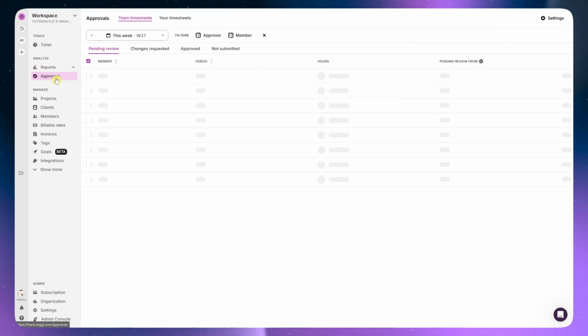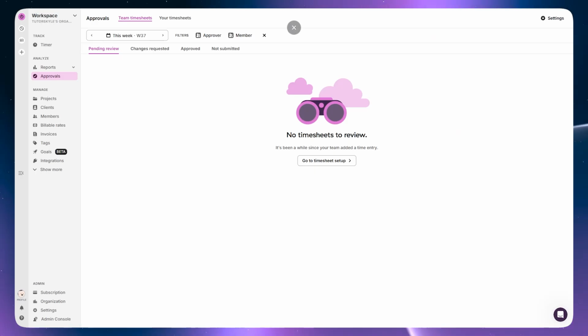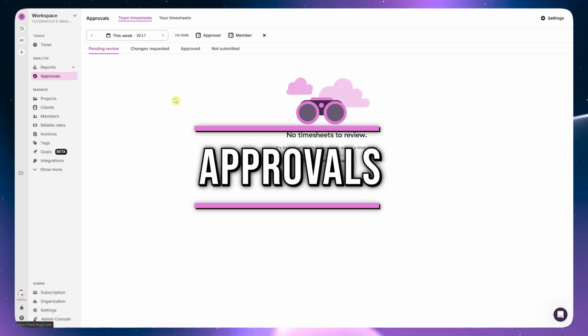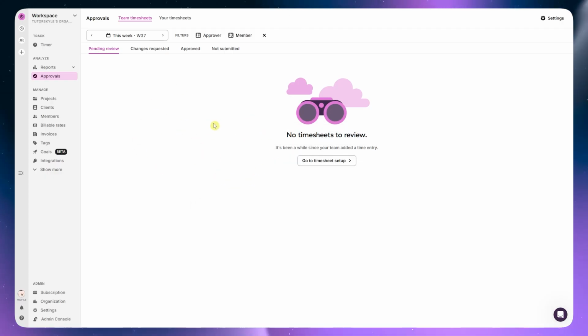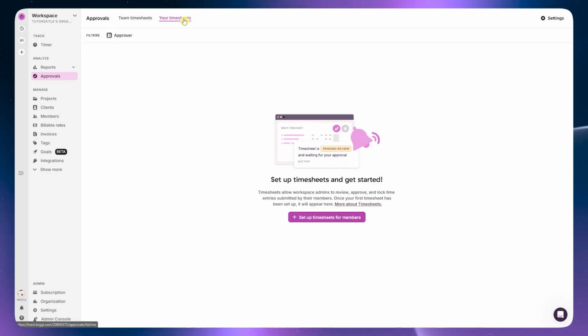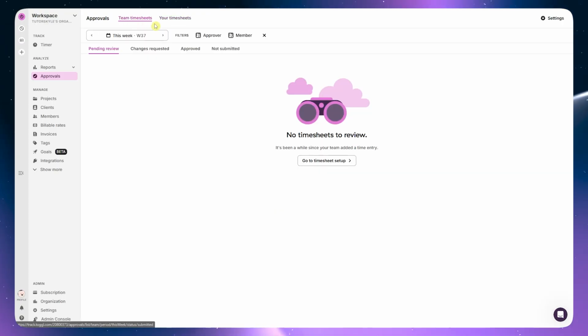And next is that we have the approvals. So in here, we have team timesheets. This one is only for managers, as this is where they would be approving or declining the reports that were submitted by the members for their time being tracked. Like they submitted their reports right here from the Your Timesheets. So if you're a member, this is where you can find your timesheets and where you'd be able to submit them to your managers or team leaders, and then your team leaders or managers would be able to view that here in team